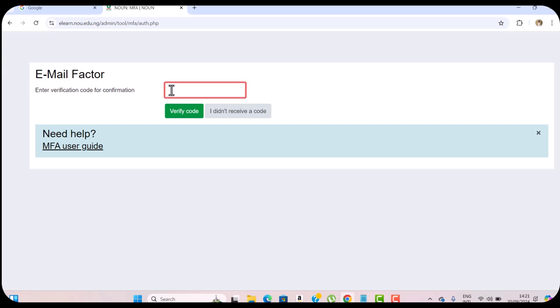So what they should do is go to their email address, which is their NOUN email address, and get the 6-digit code sent to them. When they put in the code, they click on verify code, and after doing that,